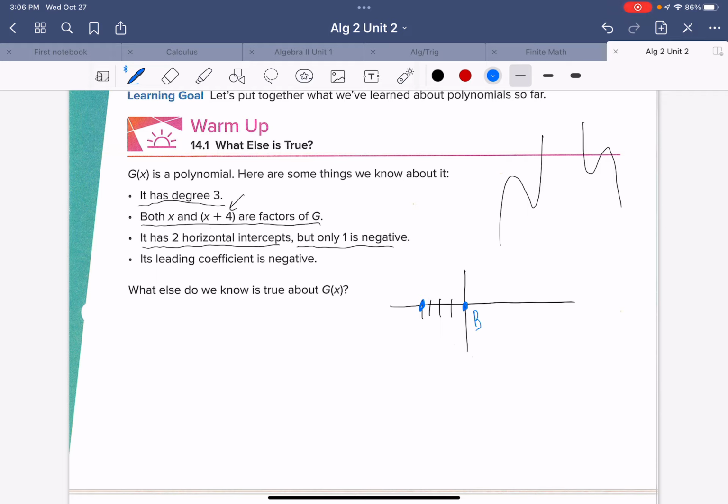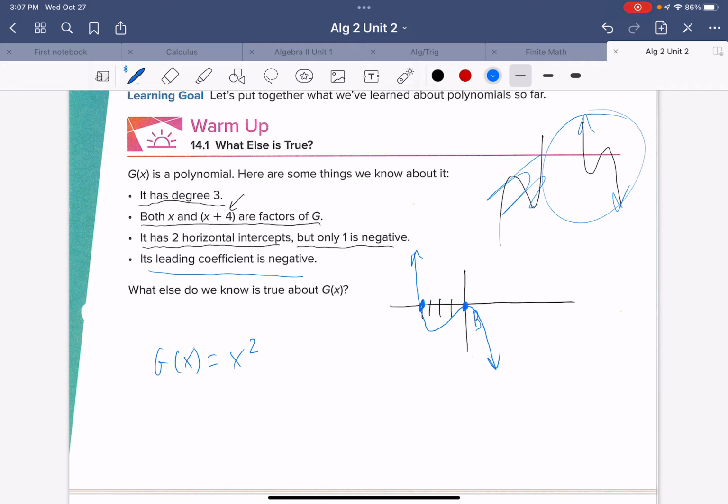All right, and the coefficient's negative, so that means it does this thing. It's negative and odd, so it's going to be up on the left and down on the right. All right, so we go through here. It actually intersects there, and then it bounces off of 0, and then it goes down this way, like so. So the equation for g of x would be